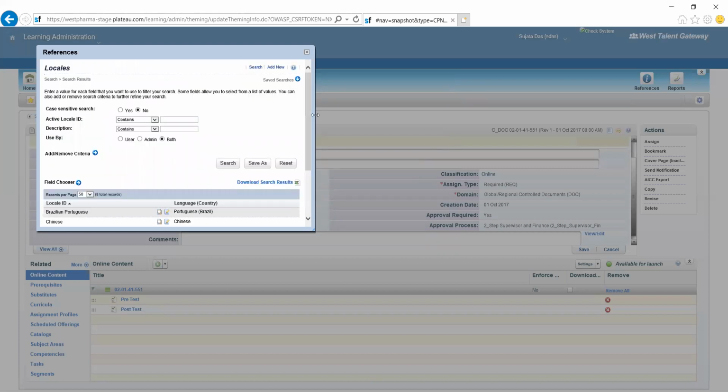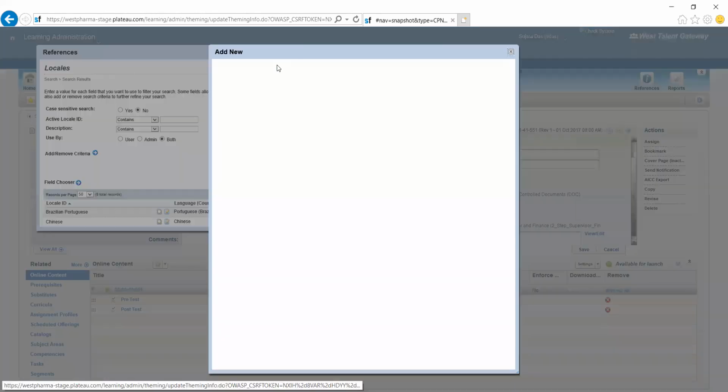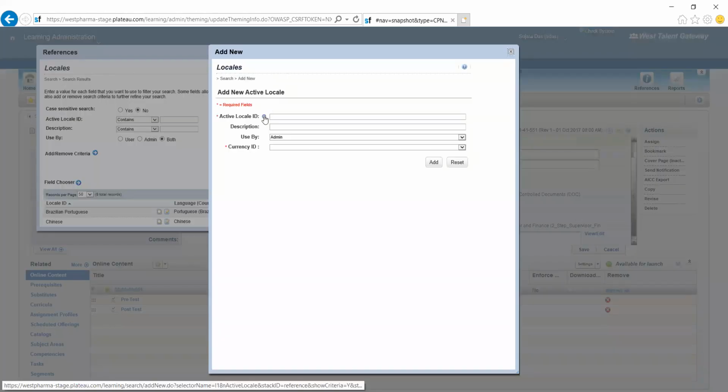So if I want to create a new locale here, there will be a locale ID. If you see in the search bar, there are a lot of locales, 42 as of now. They will be in the standard list, and you just have to activate whichever one you want.